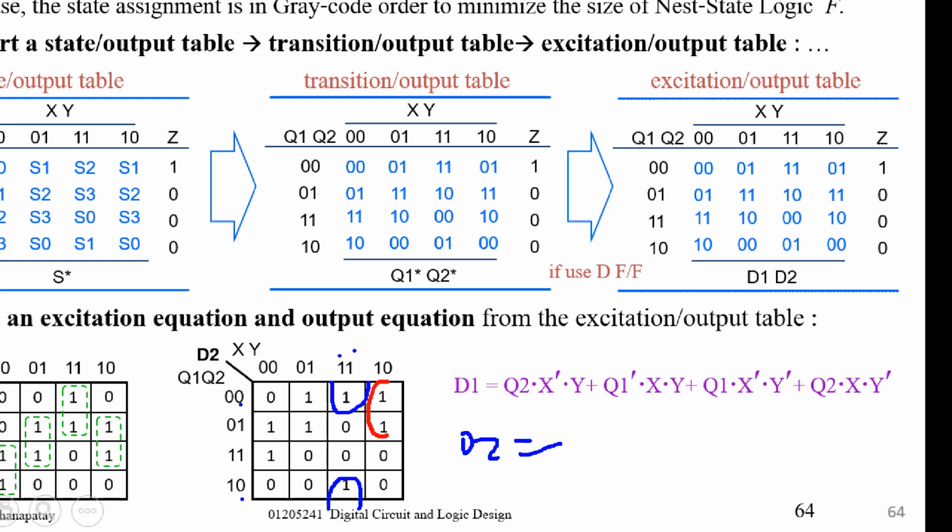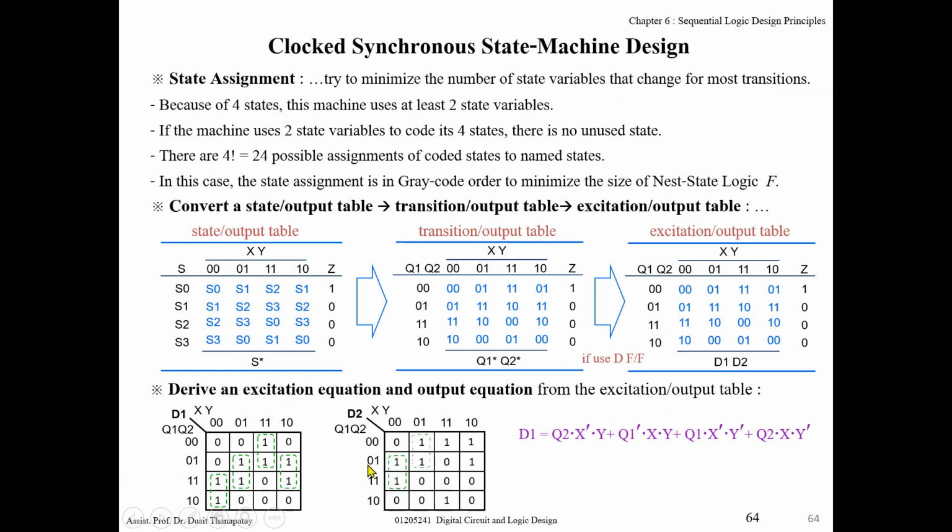And for this one, x and y prime and q1 prime, this term is x prime, y prime, and q2, and this term is x prime, y, and q1 prime, something like this. So you can find the equations for D1 and D2, and from this excitation equation, now you can